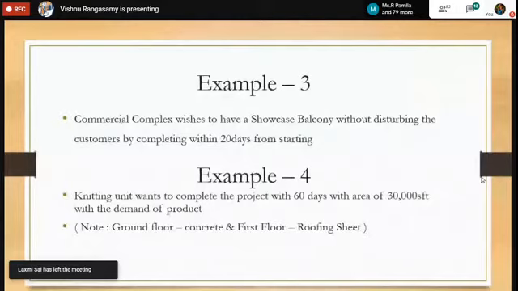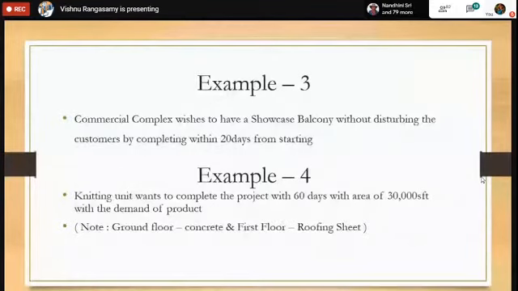So we need 12 by 10. It must be completed within 20 days without disturbing. Since it is a commercial complex, you must not disturb the customers who are coming inside. So the next example, the fourth example, is a knitting unit that wants to complete the project within 60 days